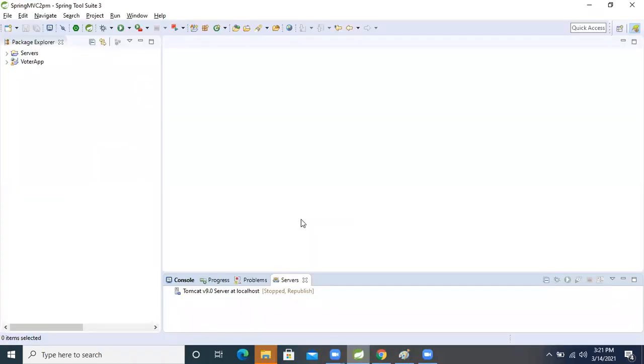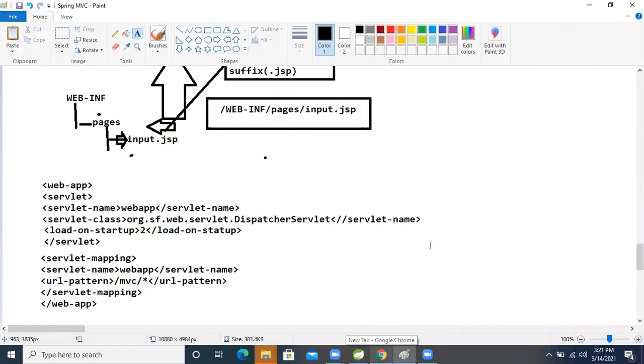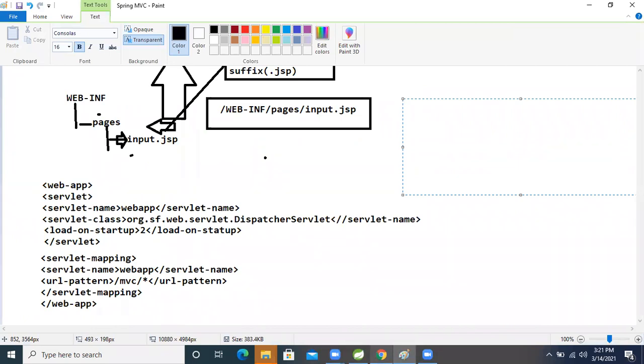So now let's develop one application. One more thing: if we want to work on Spring MVC, which dependencies do we need? We need two dependencies. One is Spring Web MVC. Second one is the Servlet API dependency.